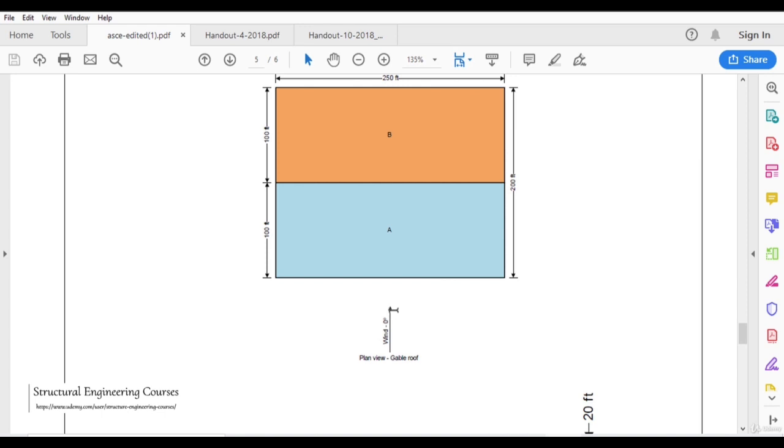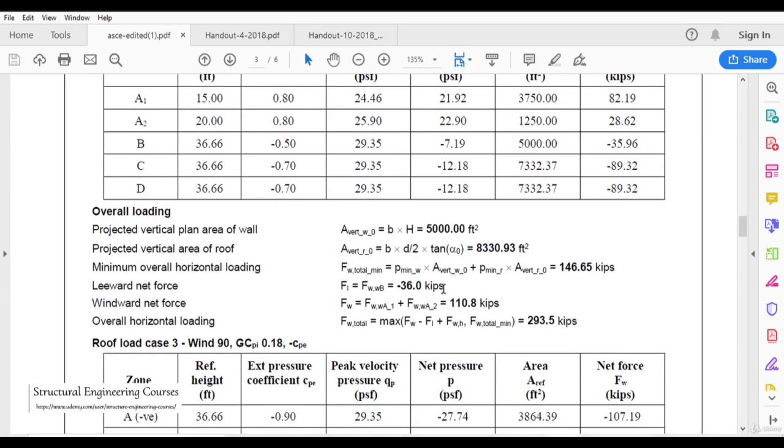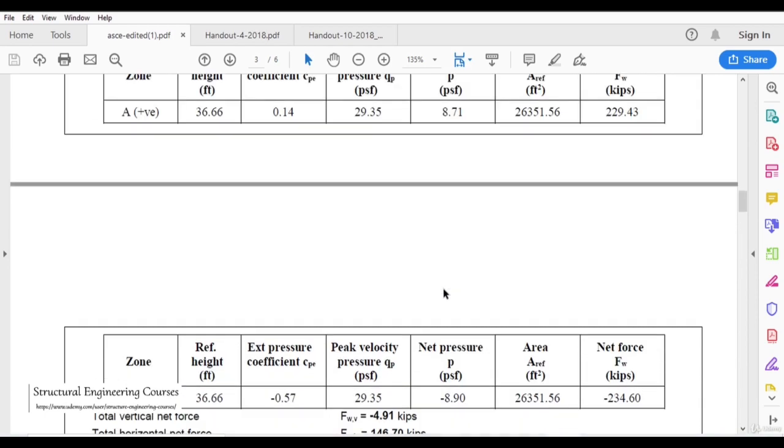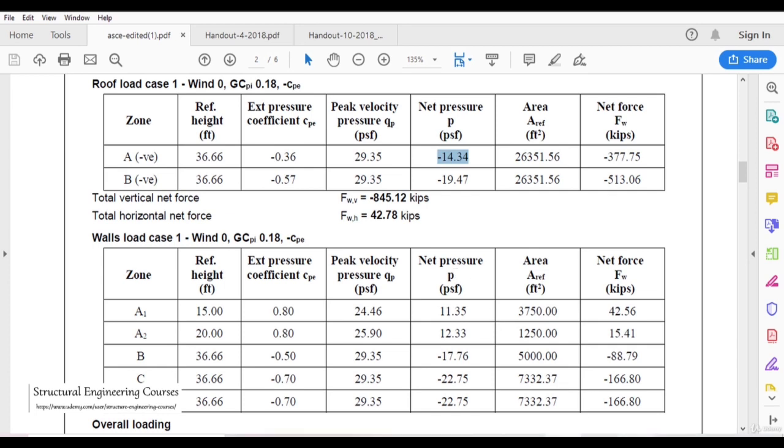So whatever loading that we are calculating, the unit is PSF, that is pound per square foot. If we want to calculate a pound per linear foot, that is PLF, then to calculate PLF from PSF, we need to multiply the PSF value with the base spacing. I cannot explain more on this simple concept. So coming back to here,